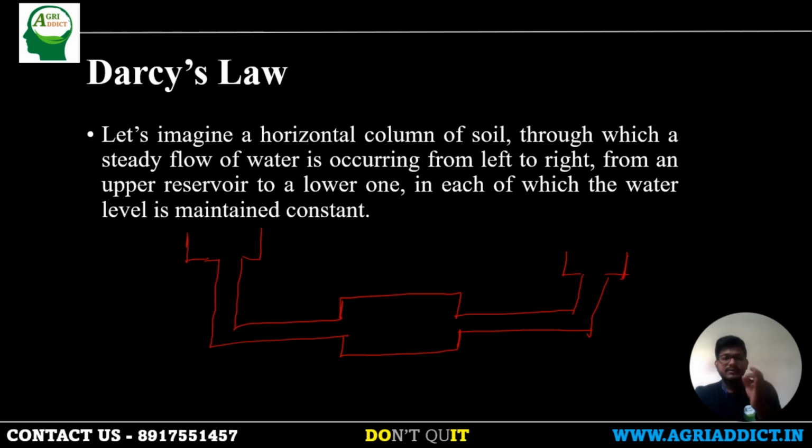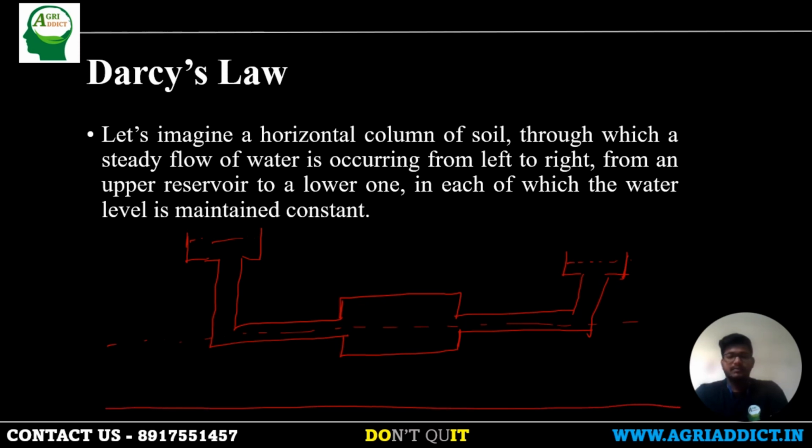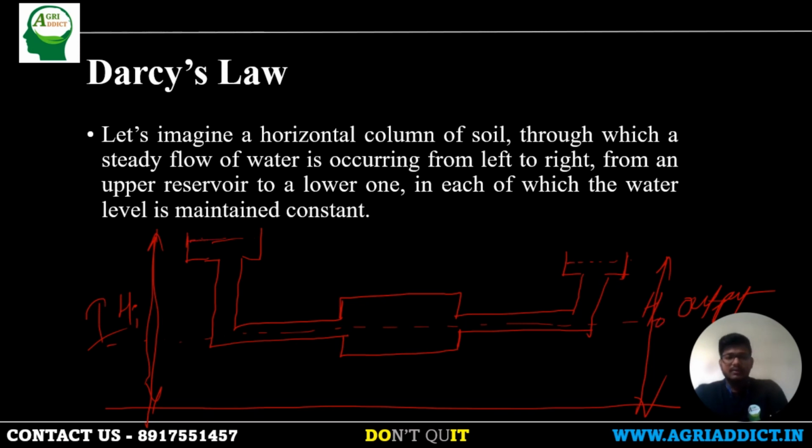In each of which the water level is maintained constant. So here the water level is maintained constant. So we can see the water is flowing and there is a reference point here below. So this is our input and this is our output. Understood? So this is, I will give the name HI and this is HO. So this is our hydraulic